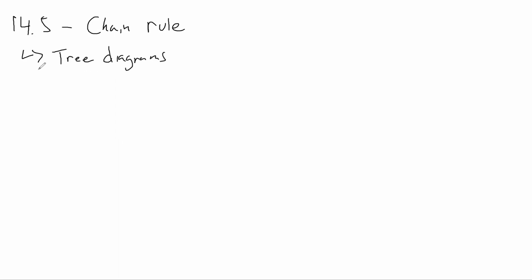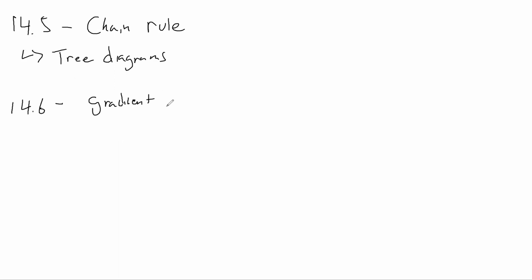For this week's GSG session, we'll be covering chapters 14.5 and 14.6. I'll start off with a rundown of what we'll be covering. 14.5 is basically the chain rule. There isn't much to say about 14.5 other than drawing out tree diagrams, and we'll be going over a lot of examples from the textbook. Then we'll also be covering 14.6, which is the gradient